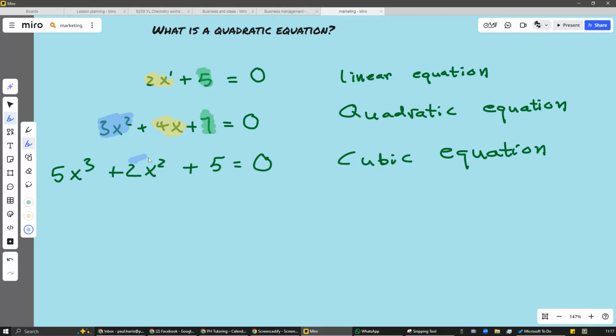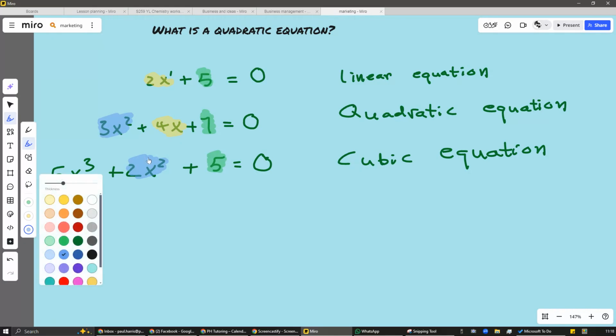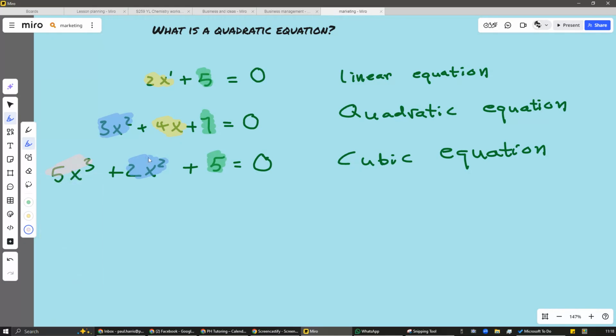So let's highlight these in the same way that we've been highlighting the other terms. These are all called terms. Terms are things that get added to one another within an expression. And remember, an equation would have an expression on the left and something on the right, equal to something, which could be another expression. And we'll have to color code this as something else again. So I could carry on. I could go to x to the 4, x to the 5, and so on. We're interested in this video in this one here, quadratic